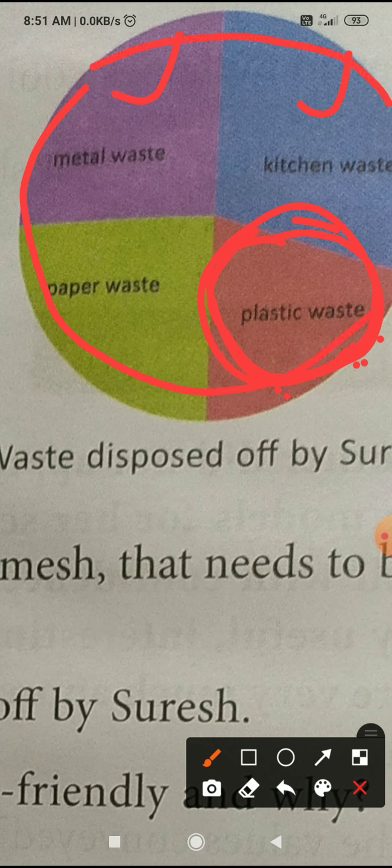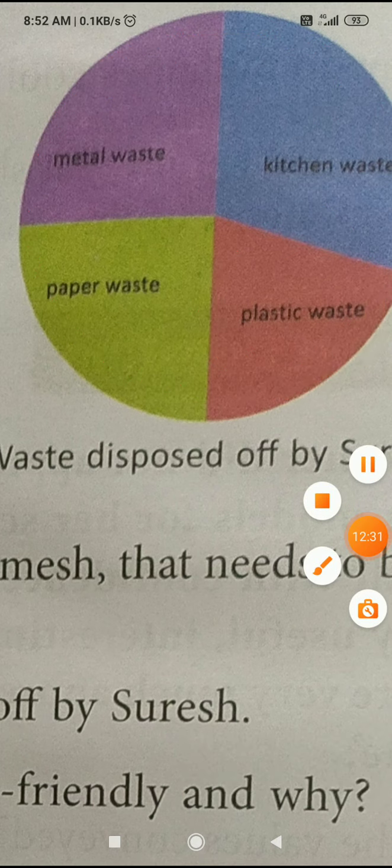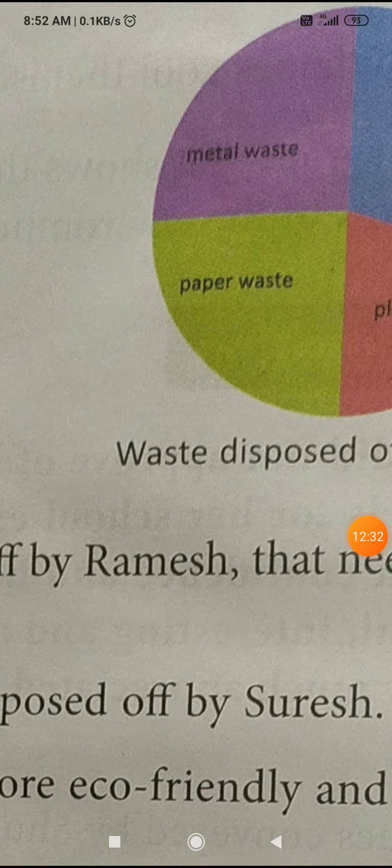If the environment will be pure, then what will happen? Then how? Because the plants, these days you are watching what is in the news. It means oxygen is necessary for our body. So planting more and more trees, we can get oxygen properly. Okay? So now you see here